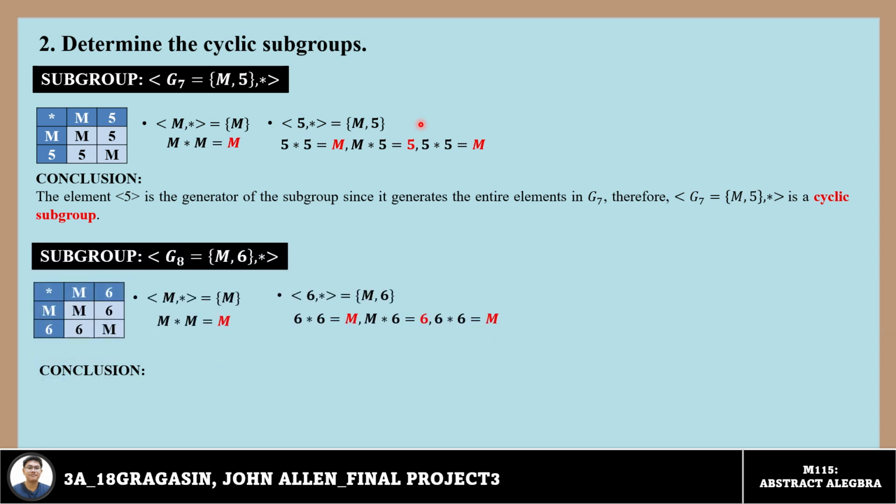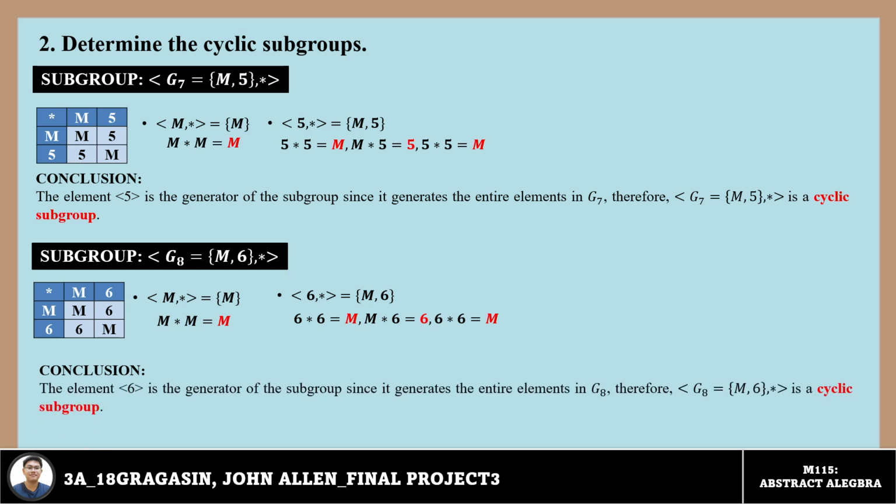And then the G sub 8 with elements M and 6 under the binary operation star. As you can see here, the element 6 generates the entire subgroup G sub 8. Therefore, the element 6 is a generator in this case, and since a generator exists in G sub 8, we can conclude that G sub 8